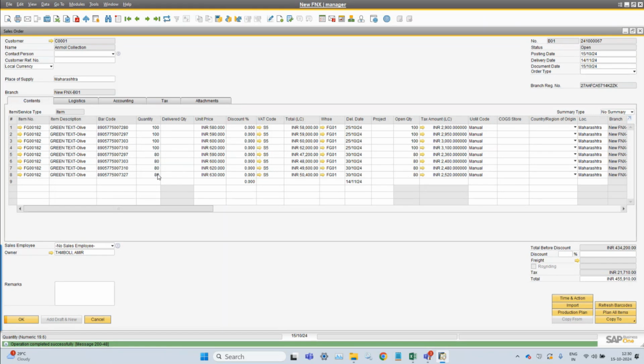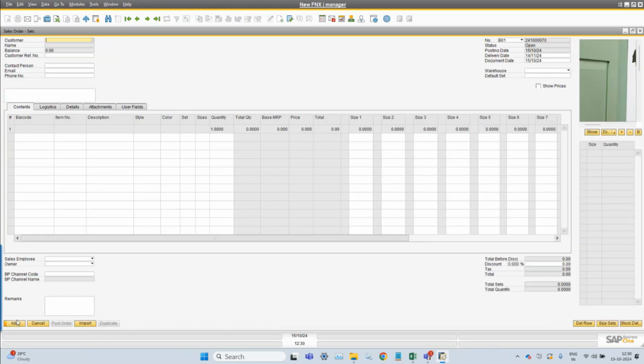So this way you can create a sales order through import, as well as scanning, as well as directly selecting the items. Now there are a few buttons available. You can delete a row at any point of time. That facility you can use. Next is that